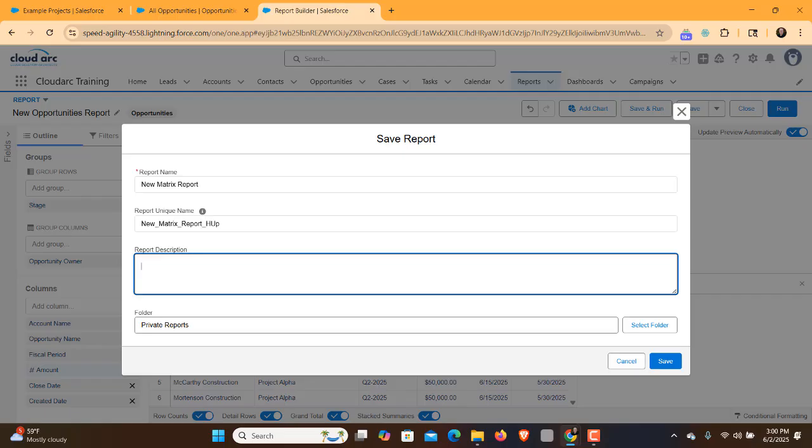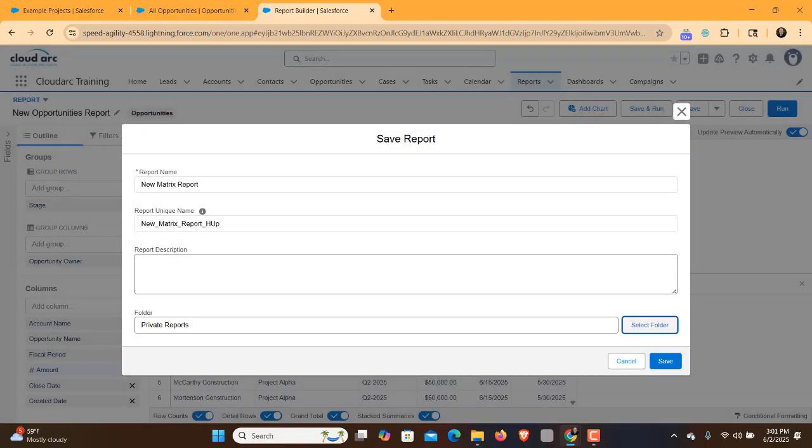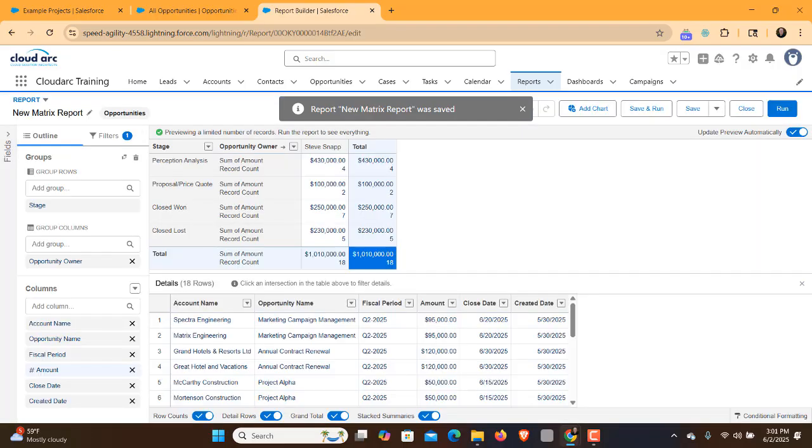If I wanted this to be shared with other people, I would need to select a public folder, which I can access through the select folders option, and from there I can select the different folders that I'd want users to see it in. So in this case, I could choose public. I'm going to leave it as private just to keep it simple. So I'll go ahead and hit save, and now I have a matrix report